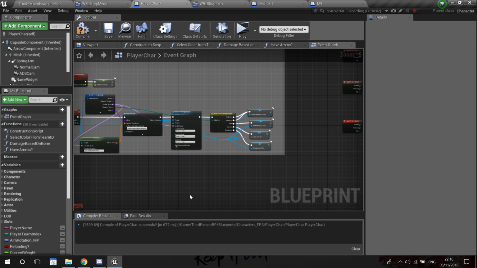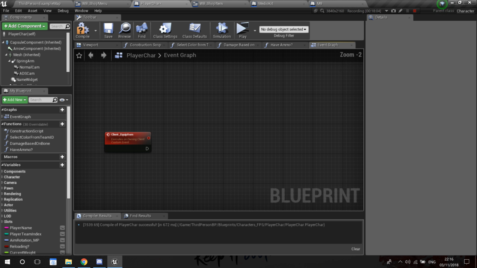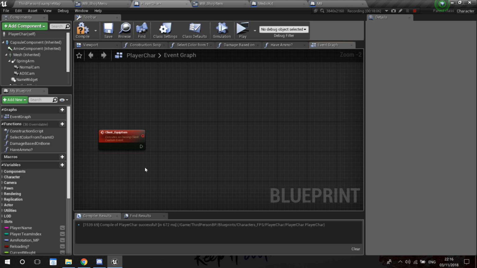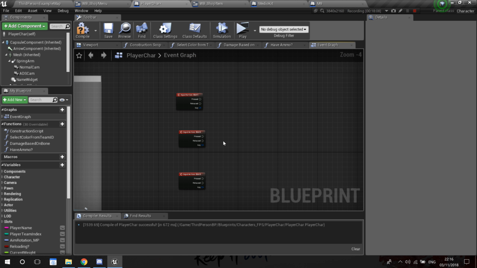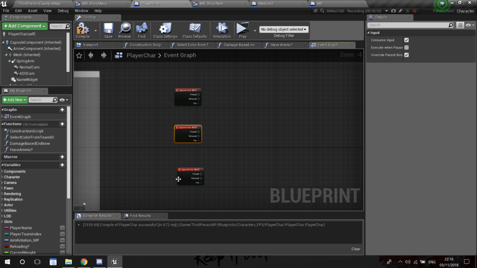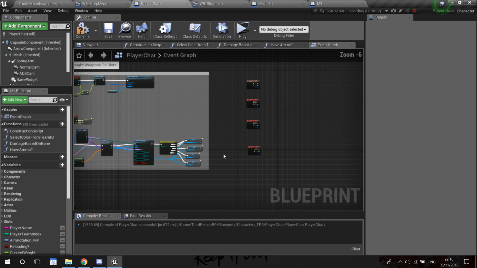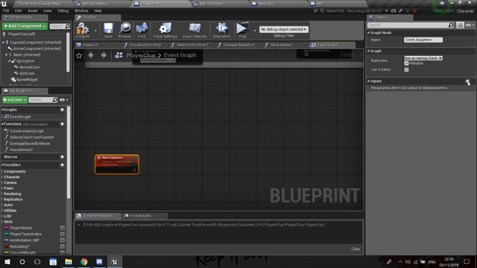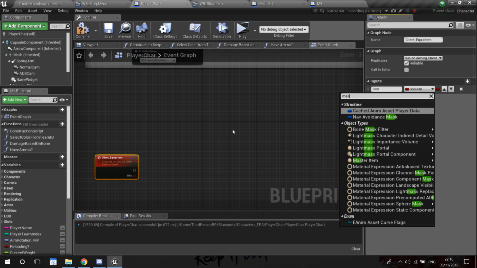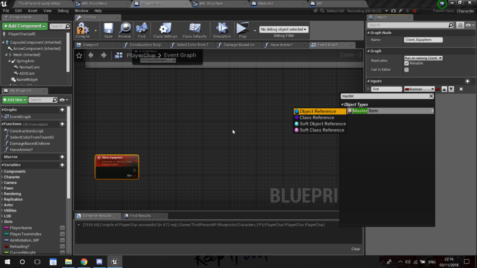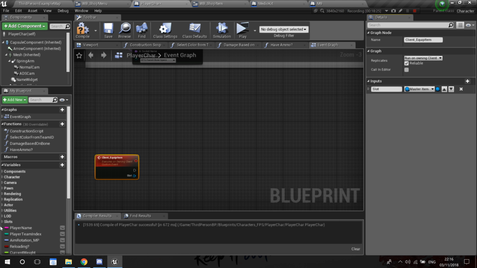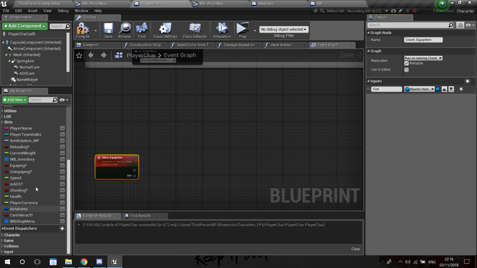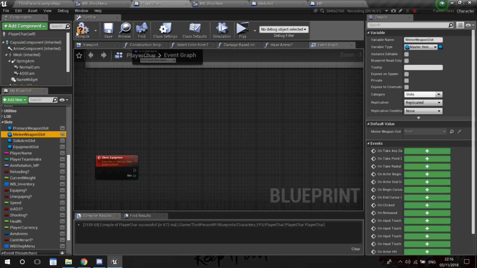We only need these variables over here. Okay, actually we need to create an input. That input is going to be the slot that we want to equip, and it's going to be of the type master item, I believe. Yeah, master item. There you go. Compile, save,